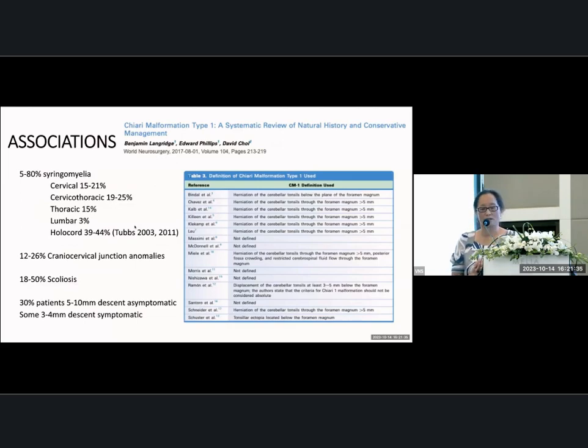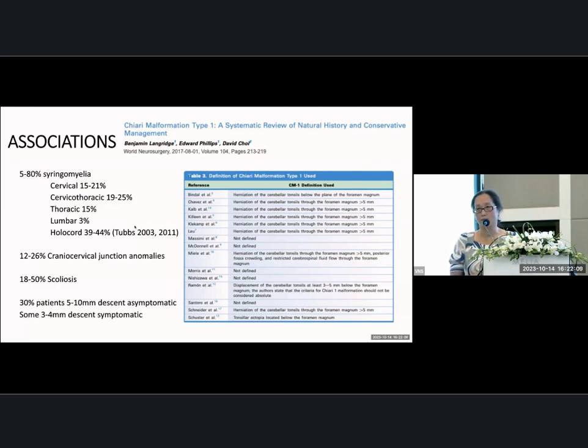I guess the key for me is to know what the natural history is. And there are many associations with Chiari 1 malformations, anything ranging from common to very uncommon: syringomyelias, so syrinxes. They're most commonly found in the cervicothoracic region, obviously, being where the cord is. There are also craniocervical junction anomalies and scoliosis. Most people who have the definition of a Chiari malformation, however,